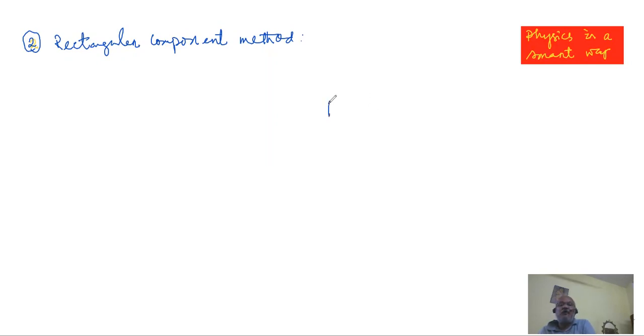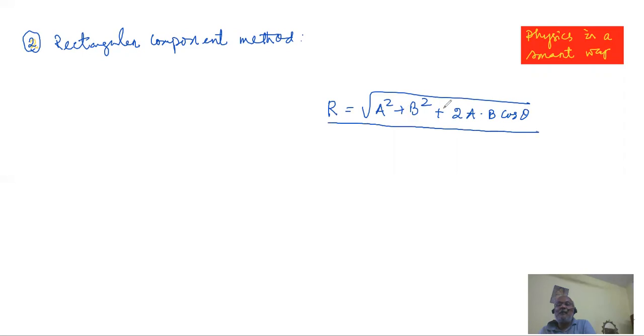If you go to the negative side, we know the method is slightly limited. The resultant will be the root of a square plus b square plus twice ab cos theta. The formula has its space, but it can incorporate only two vectors at one go. If my question involves 3 or 4 vectors, the method starts to become cumbersome.